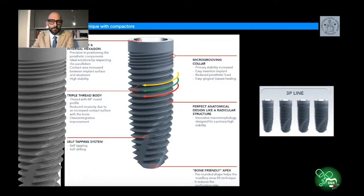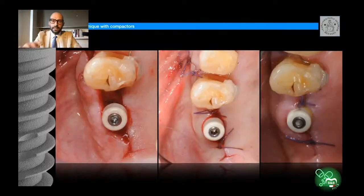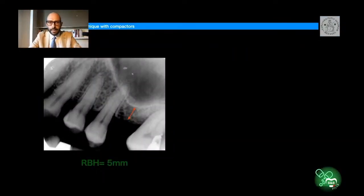So let's see another clinical case in which I want to sum up a little bit what we have shared together until now. We have a missing 1.6 with a residual bone height of 5 mm. As you can observe, another important prognostic variable in terms of